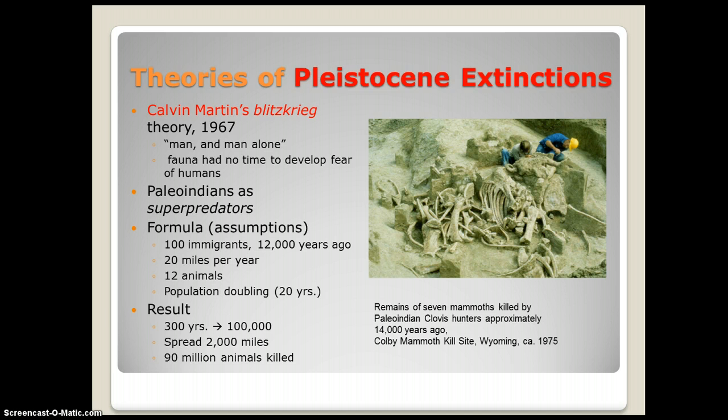And central to his theory are the assumptions of this Blitzkrieg theory, which had the Paleo-Indians as super predators, meaning they were able to despoil and destroy the animals that they fed upon for their livelihood. This was their mode of production as hyper hunters, you could say. And so the idea was that if a group of 100 immigrants, let's say that was the first group